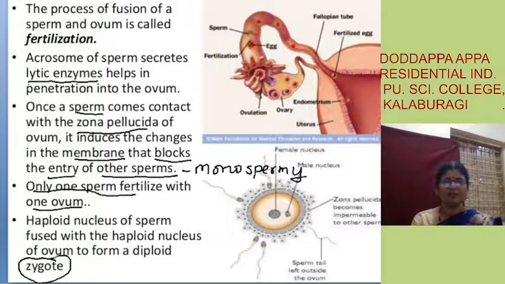Fine. When the ovum combines with the sperm and forms the zygote, how it travels into the cytoplasm, I have explained to you in the classroom. The sperm will enter into the cytoplasm, it will take a turn of 180 degrees and then the centriole will lead the path, the egg membrane will get dissolved, the pronucleus will form, it will approach the female nucleus and then it will fuse. Okay.